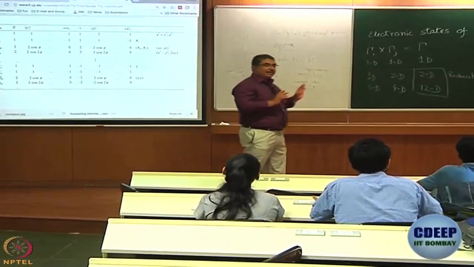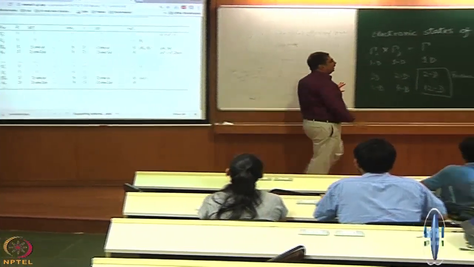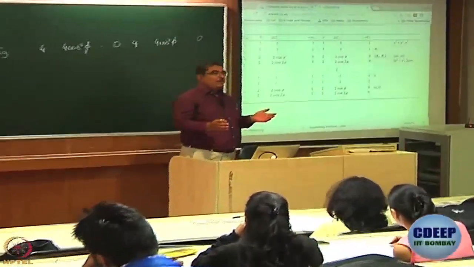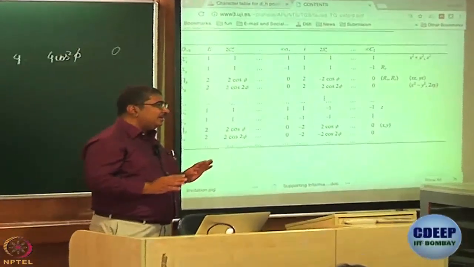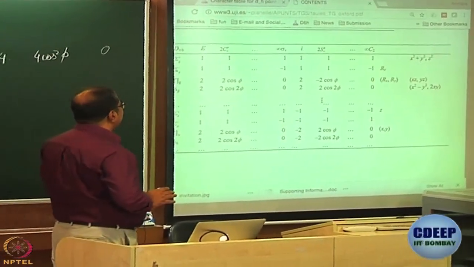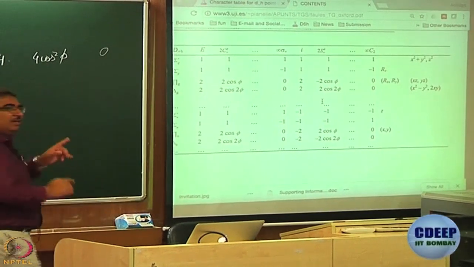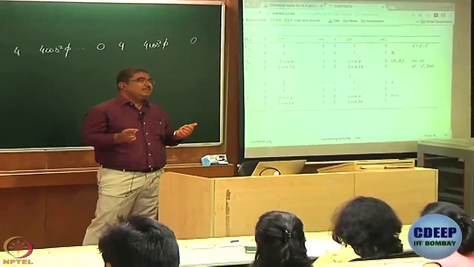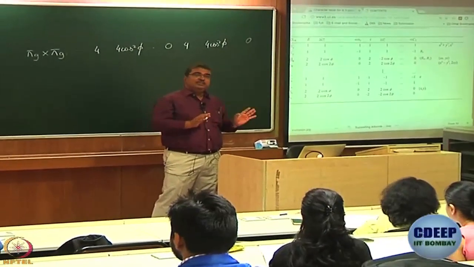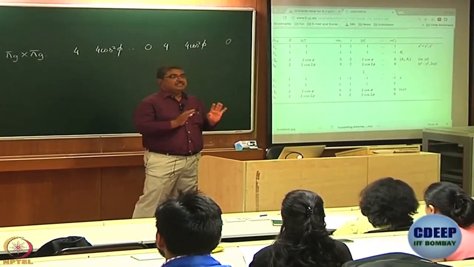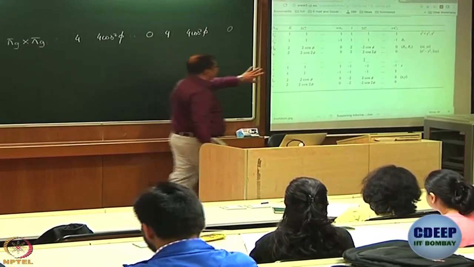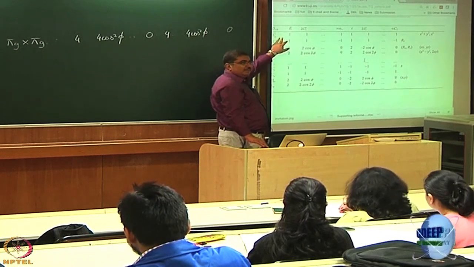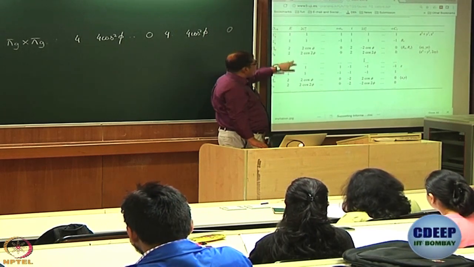So, let us see. What is it? First one is 4, right? How do I get 4? No, even before the first one, let us look at the character of I. Because the good thing is, since there is a point of inversion, you either have g or u, right? Looking at I, we should be able to tell what kind of thing we get. In fact, we do not even have to do that. We are doing pi g cross pi g, right? What did we discuss in one of the earlier classes? What is g cross g? g cross g is g. u cross u is g. g cross u or u cross g, that is u. Okay? So, we do not have to bother about these. We should only worry about these. So, when we try to do it in the brute force way, we should only look at the g ones.